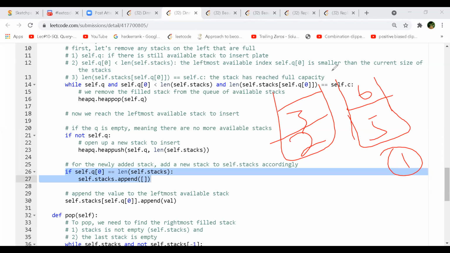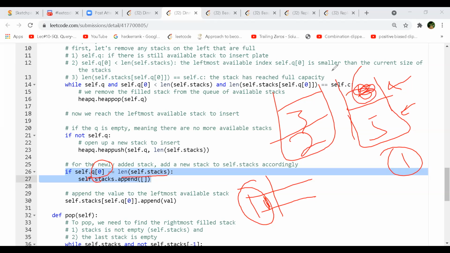One more question. If the first part is equal to, we are putting this index, right? Because in the queue, first we will push 1 because it was empty, so this is the minimum index that it will have. Now we are checking if this element is equal to the length of the stack. Let's say I filled 6. Now the length of the stack is 2, so I'll need to update 2 here also, right? How will it come to know that this stack is full?